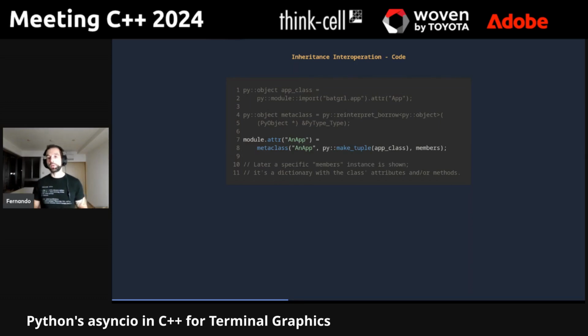The second argument is where we specify the parent classes of this class, which in this use case I only want one of them, which is the app class. And then the third and last argument, in this part of the slides, I have only as a placeholder, but it's where we will